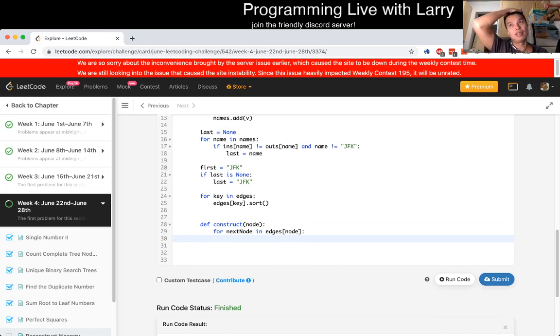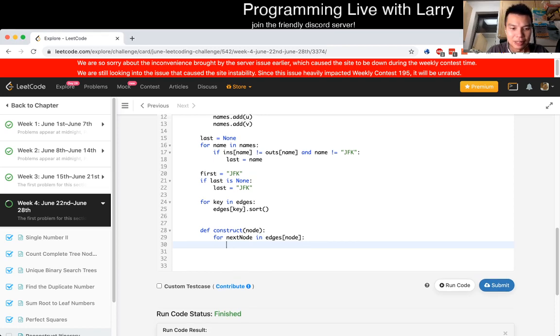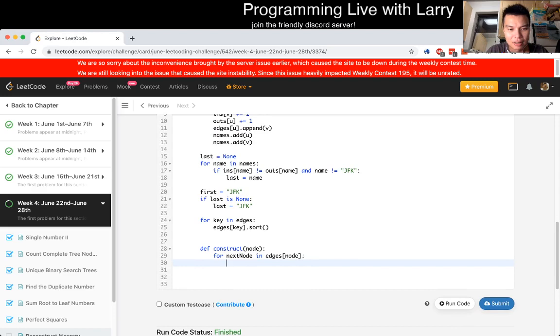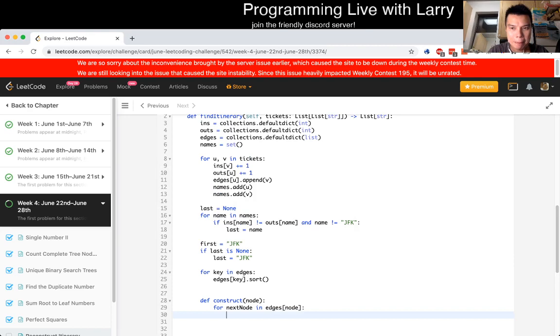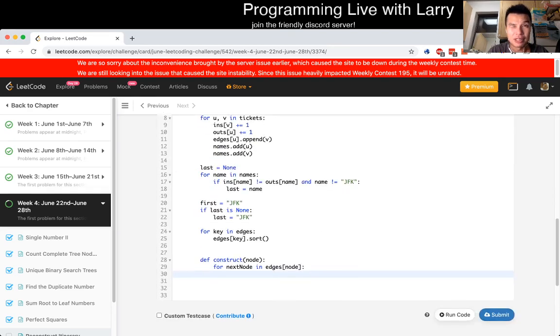Oh my god, this is a really annoying problem. That I've done before, but I don't remember. I mean, I don't think I've done it on Leetcode. I just have done Eulerian path before. But we want to, do I want to remove it? So now what is the complexity?